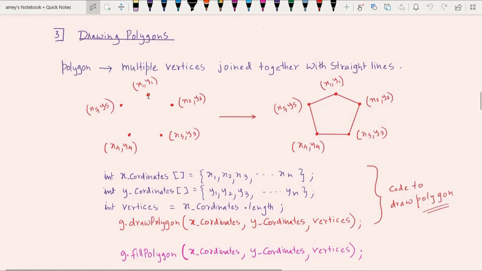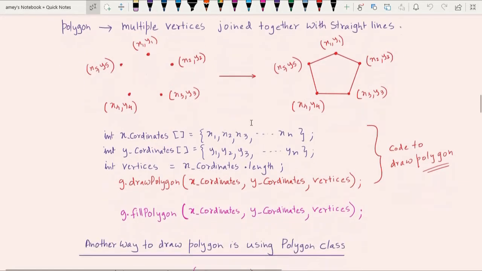So let's say x1, y1, x2, y2, x3, y3, x4, y4, x5, y5. When all these points are connected by lines, what you get is a polygon. Since there are 5 points in this case, it becomes a pentagon, but it's a polygon only. Poly means many. The shape that has many vertices. So this is the polygon.